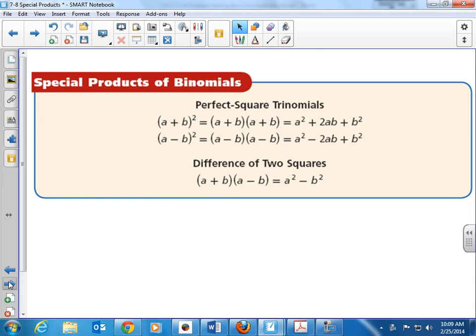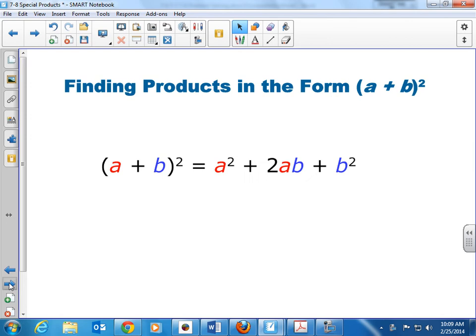And we're going to talk about what all of this is. Alright, so we have perfect square trinomials and we have difference of two squares. Those are two special cases of problems that we are going to have, and we're going to look at each of those separately now. So the first one is when you have a problem that's given in the format of